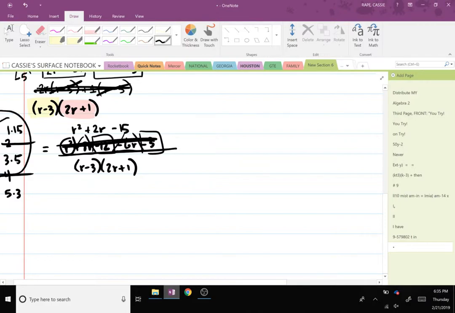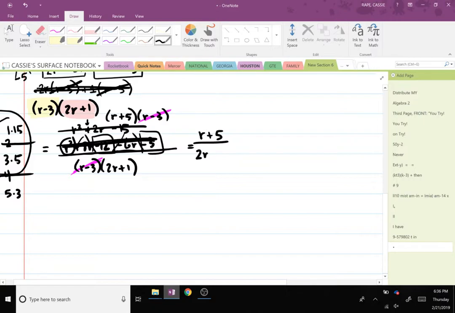What would give me a positive 2? And that would be an r plus 5. The bigger number would get the positive, and the smaller one would get the negative, because the positive is the one that got to stay. All right, so I've factored that numerator. Once you've replaced it with new factors, I mark through it so I don't get confused. Now I'm just looking for ones, because I've got a numerator and a denominator. R minus 3 over r minus 3 is a 1, which means it does cancel. So in the end, my solution is r plus 5